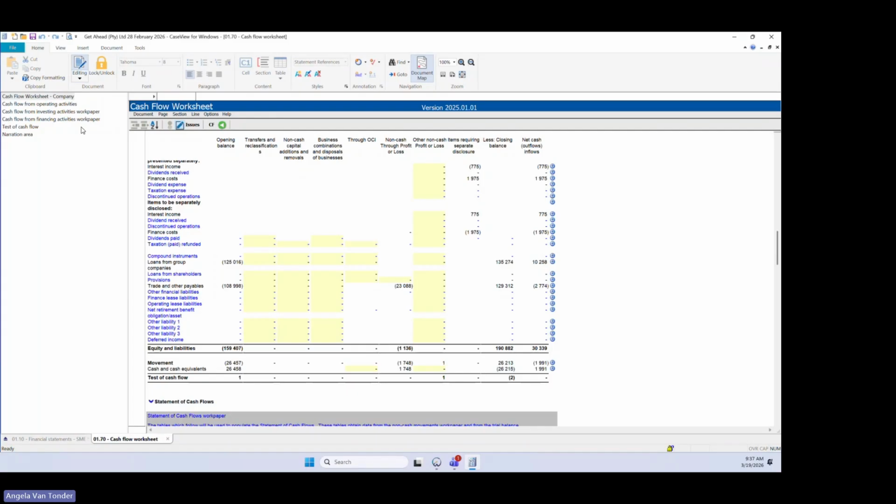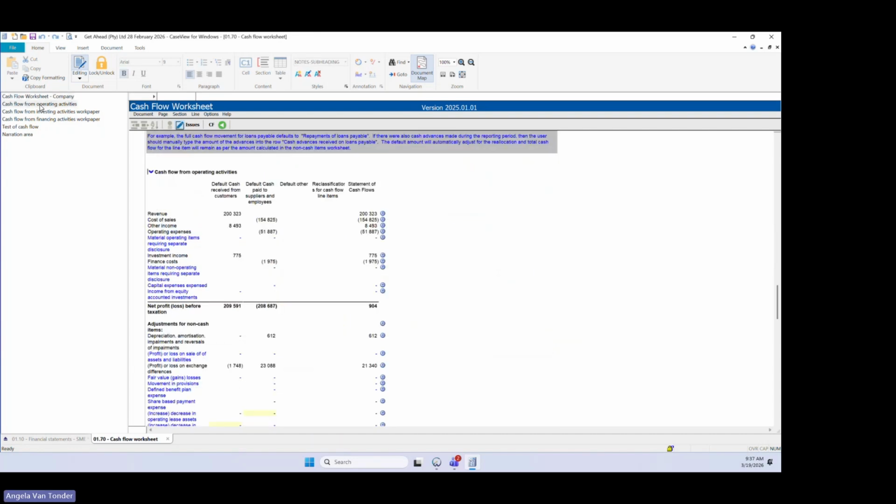So back to our document map, we've got the 3 areas. We've got the operating, investing, and financing activities. And then we've got our test of cash flow, which just brings it all together. So these sections are pretty much going to mirror, to an extent, what will be on the final cash flow statement, with a little bit of workings. So I'm going to click on operating activities. And what happens here is that our operating activities is basically taking our income statement before tax and working out the non-cash movements, and then it shows separately your items like depreciation, dividends, tax, interest, and those kind of things. And also your